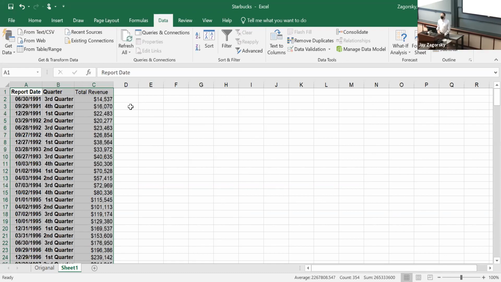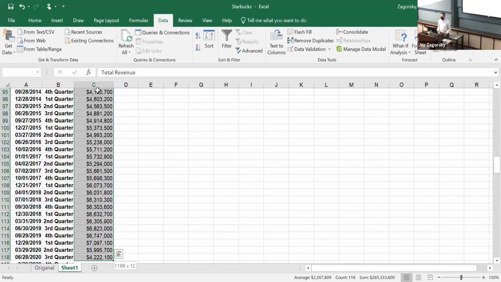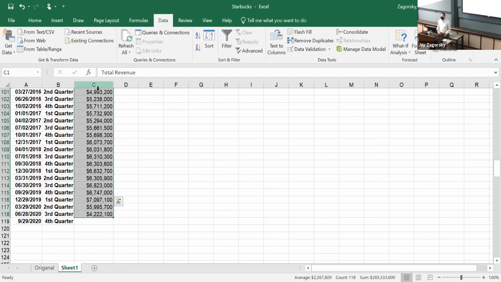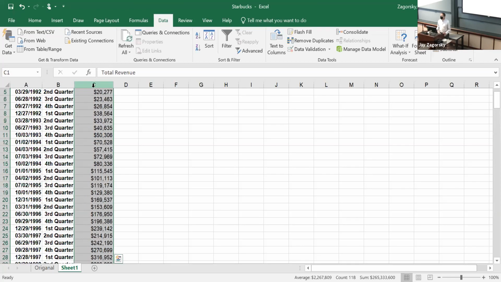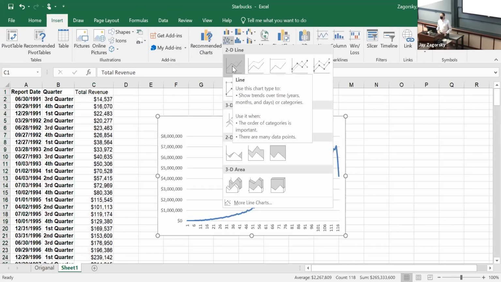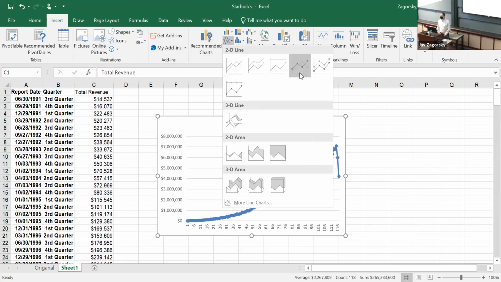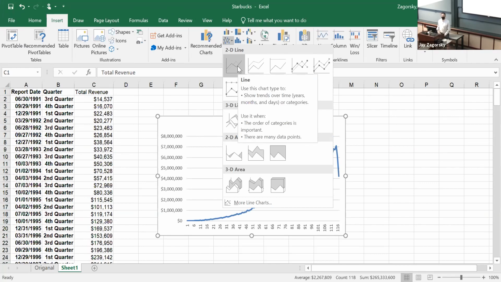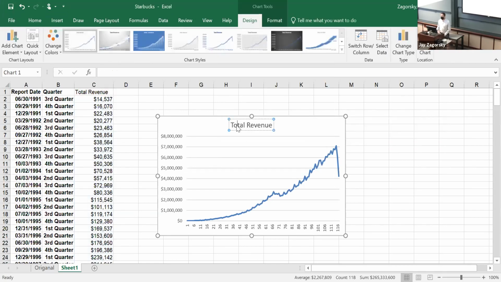Great. So what I'm going to do is create a graph. Pretty straightforward. We're going to pick insert. We want a line graph this time. You get a choice between a line without dots or a line with dots. I kind of like the one without dots, but it's not going to make any difference on your final exam score, because this is the art part, and the art part is up to you. So we'll pick line. I'm going to change total revenue to Starbucks revenue, because that's what the company is.